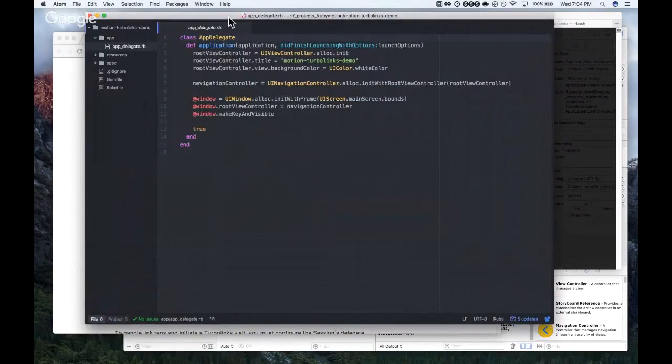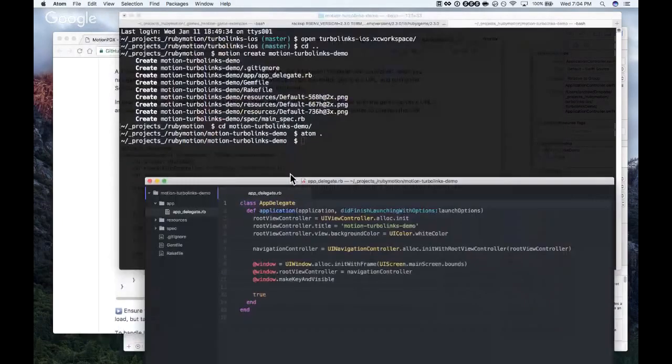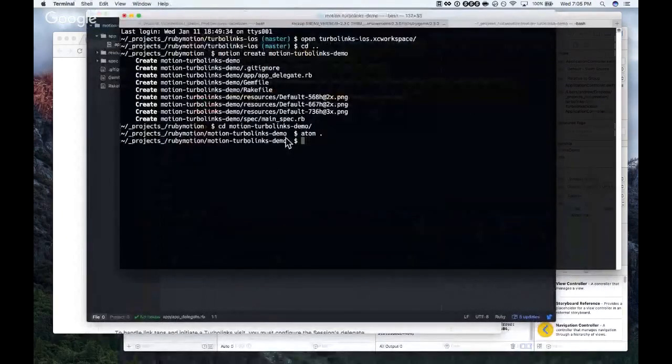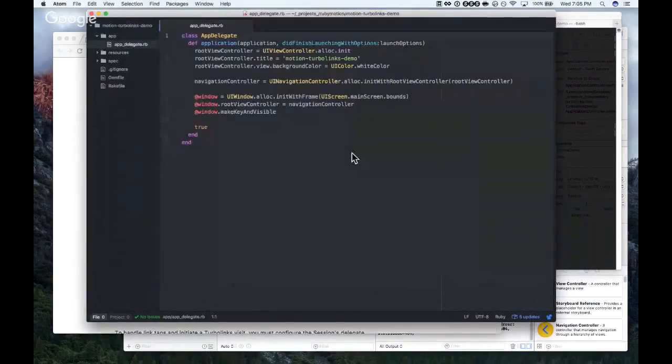So by default, by generating a RubyMotion application here by calling motion create motion TurboLinks demo, we've created our app with the name of motion TurboLinks demo, and it generates it with some default stuff here. Now, if we were using some framework like Red Potion or Flow, then this would look a little bit different.